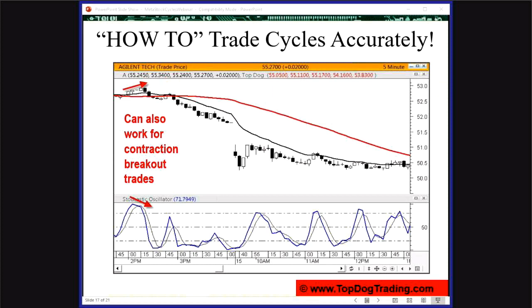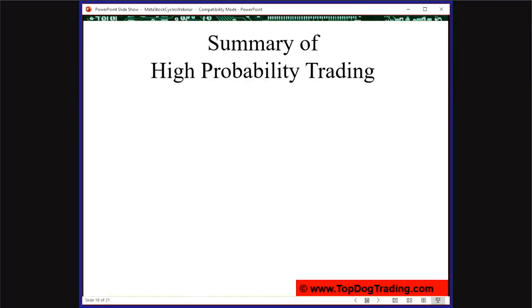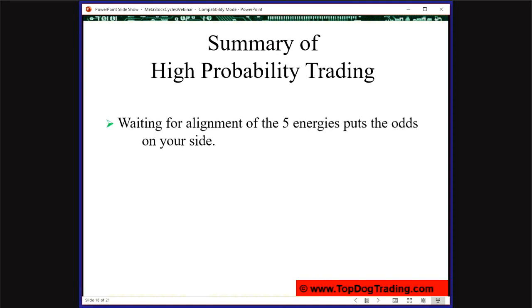All right, so that's for sideways markets. So this applies to, again, we've got several things going on here. We've got a big pattern or meta pattern. This could be a trend trade, a trend reversal trade, could be a head and shoulders, double top, triangle, whatever. So those are your big price patterns. But then the question is, I've got a great price pattern setting up here, but when exactly do I get in? So that's the micro, that's our scalpel, that's our little momentum shift patterns here on the modified stochastic. So we're waiting for the alignment of the 5 energies to put the odds on your side.